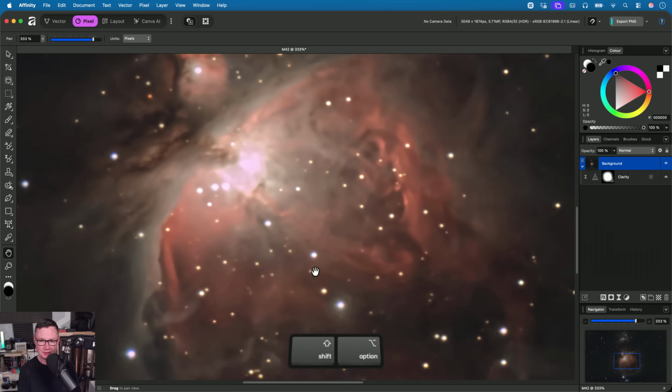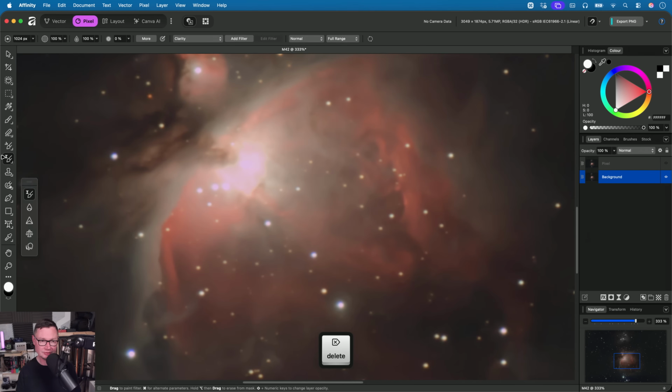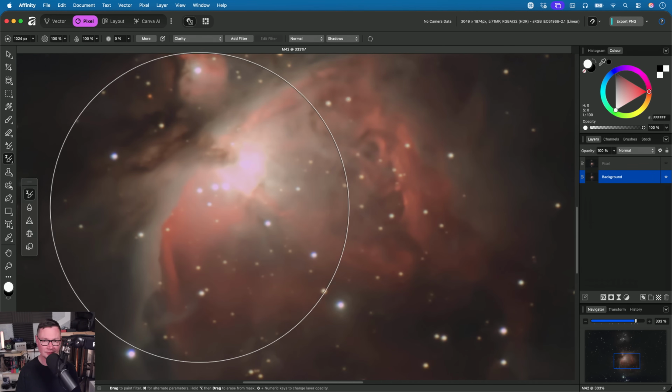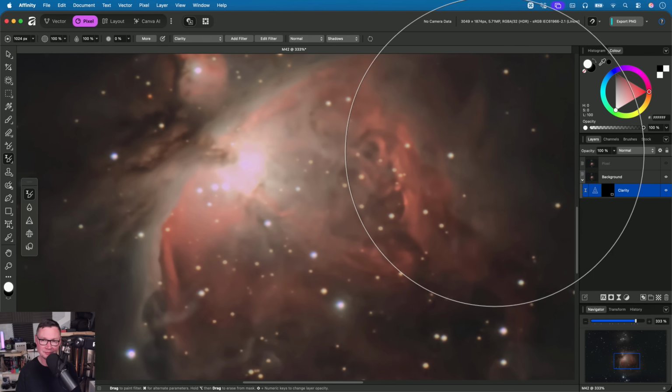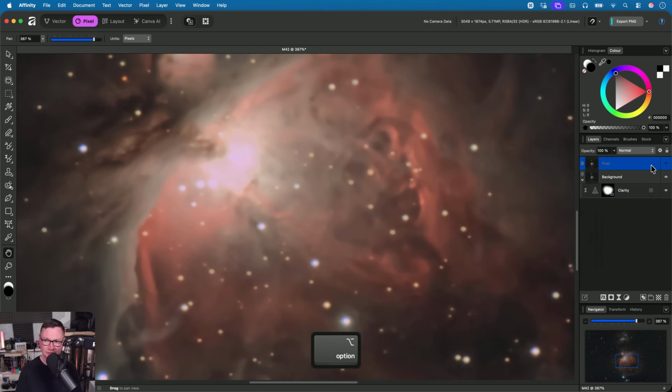So I'll merge a new layer with that clarity application on it, just to show you the before and after. And then let me set the range to shadows and brush in the clarity again. Okay, so now let's evaluate the difference. So I turn on this pixel layer. So this is what